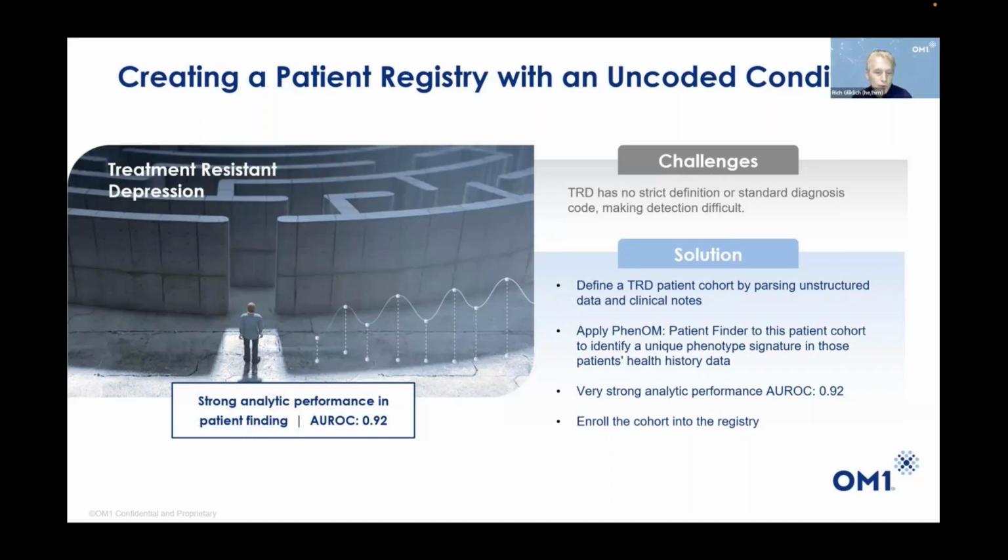We've also done it versus the regulatory definition of treatment-resistant depression. But this model is looking at the physician actually determining the patient has that. Now we can apply that technology against any digital record with an area under the curve of 0.92 to identify patients, just based on the coded information, that are likely to have treatment-resistant depression. We can then follow them longitudinally, retrospectively, or prospectively through electronic medical records and other source documents as a patient registry in an uncoded condition.